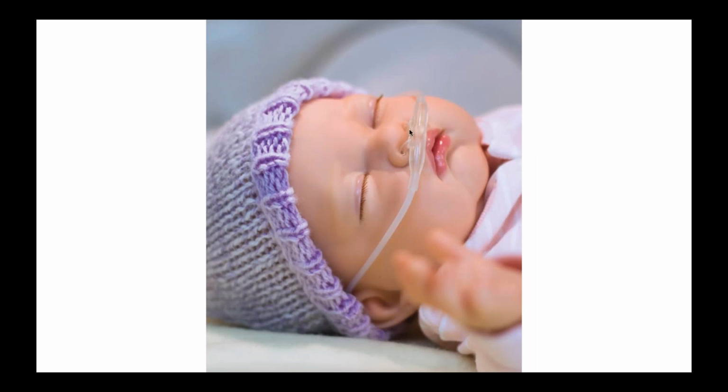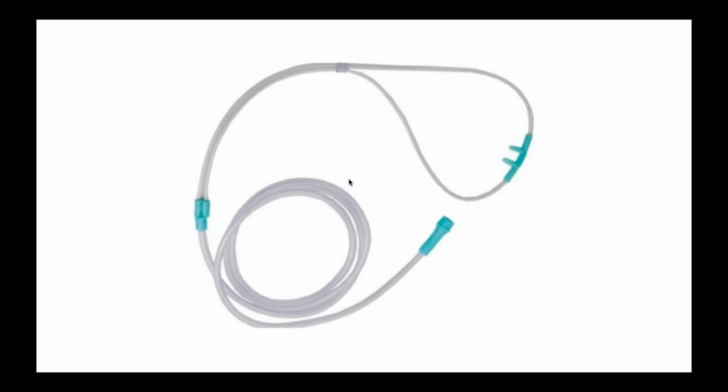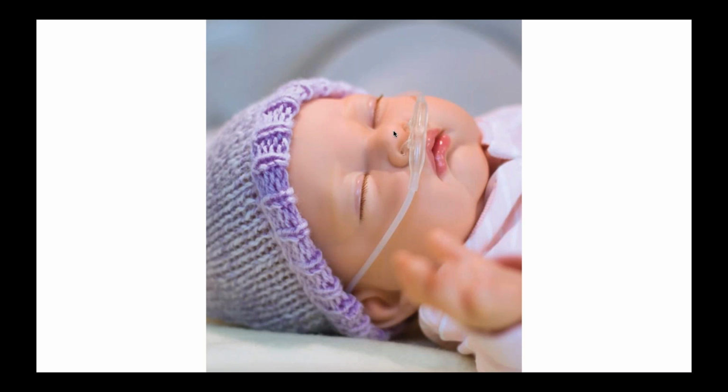So this is an infant on whom we are using these nasal prongs. So these prongs, the two ports are in the child's nostril, and this part rests here, and this will go behind the head, and we will fix the size and attach the other end. This end is attached to the supply of oxygen. So the flow of oxygen which can be administered through this will depend upon the size. For an infant and a pediatric one, usually it is up to 1 to 8 liters per minute. But for an adult, we may be able to administer as high as 20 liters per minute.